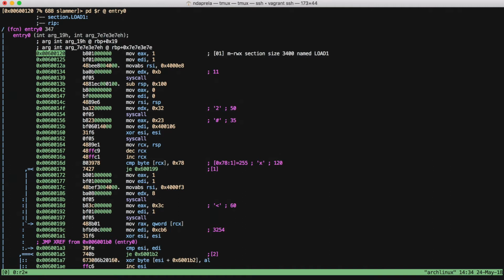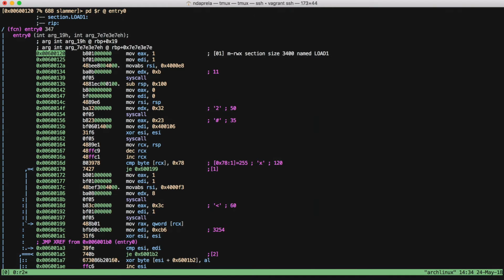If they are equal, we move a 64-bit integer pointed by RCX into RAX. We move a size, probably, into EDI. We zero out ESI, and we compare ESI with EDI. So ESI is probably a counter for a loop. Indeed, we can see that if they are equal, so if we ended our loop, we jump to